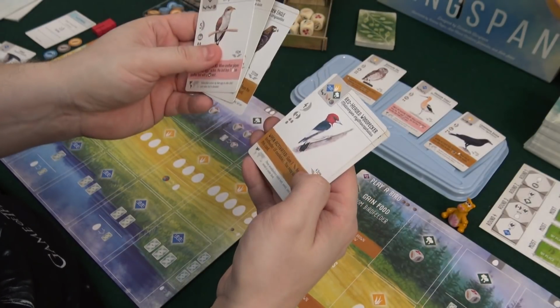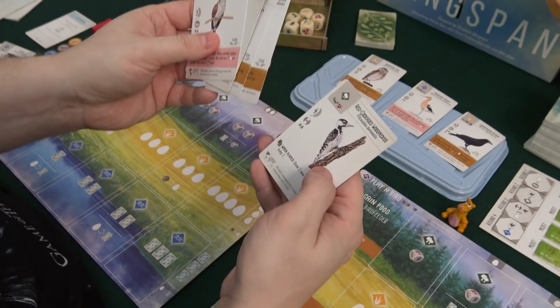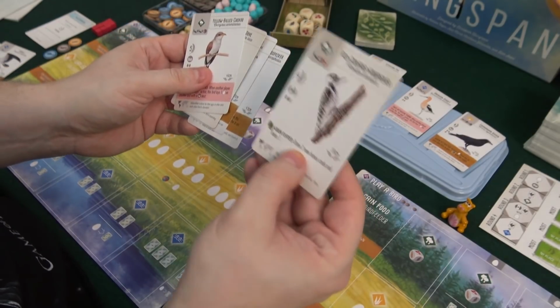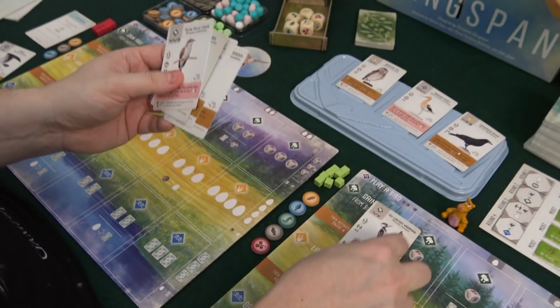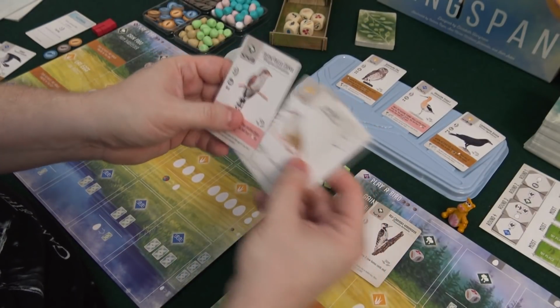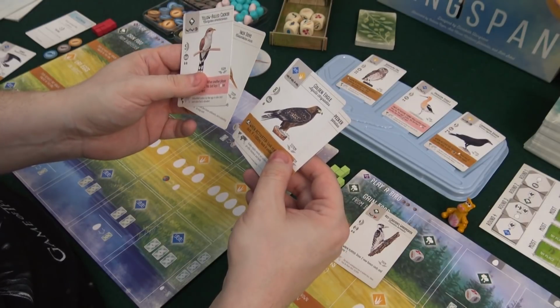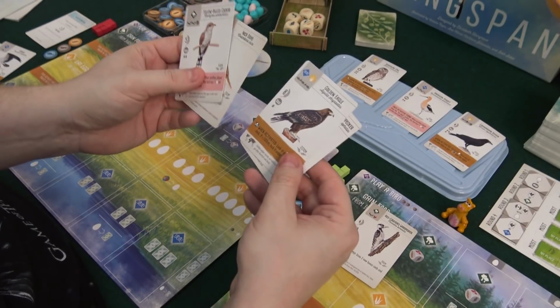Well, he has a bunch of birds with platform nests. And this is draw 2 new bonus cards and keep one. Yeah, this one is fun. He wants that for sure. So let's see. This costs a worm and a berry. So maybe he should get...